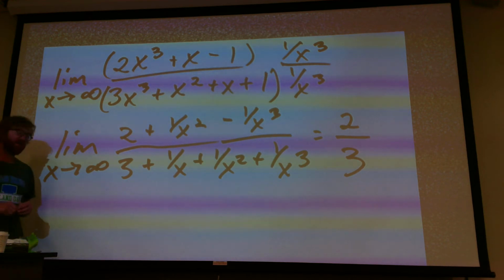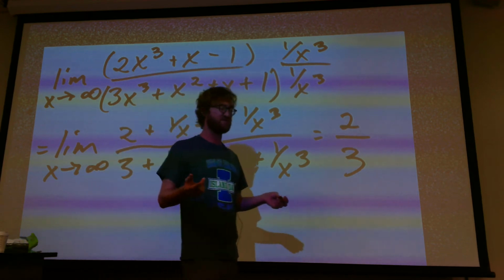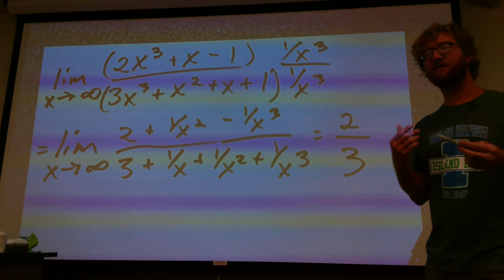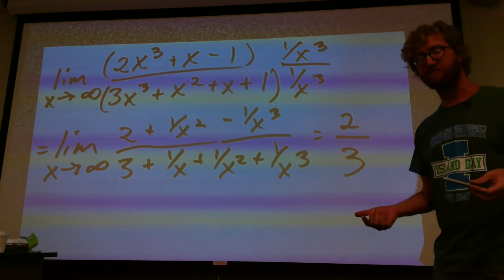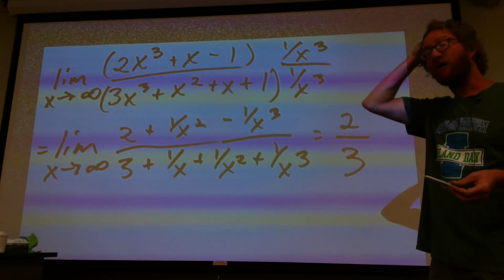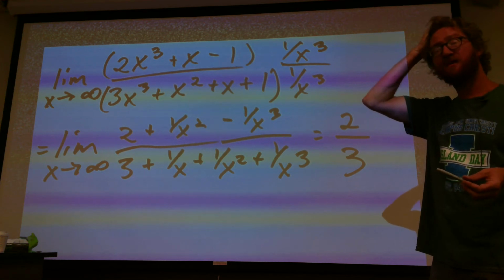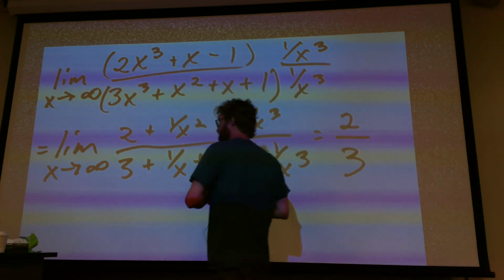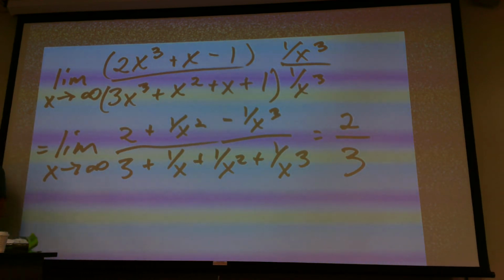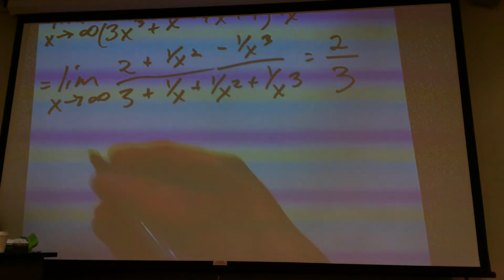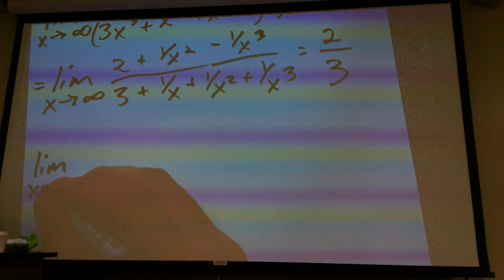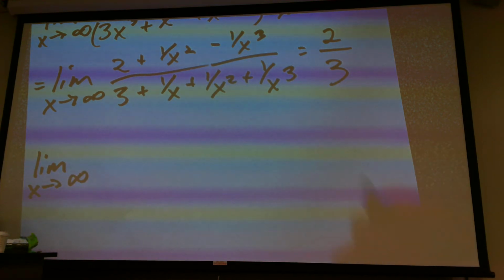So whenever the polynomial on top and the polynomial on the bottom have the same degree, well, then it's going to go to the leading coefficients. Okay? Let's consider a problem where we don't have the same power on top and on bottom. So let's say we're dealing with the limit as x tends towards infinity of